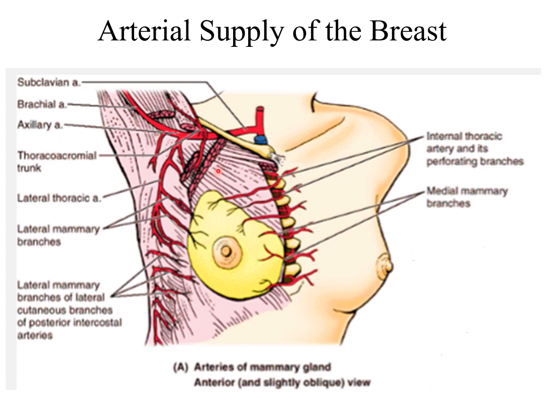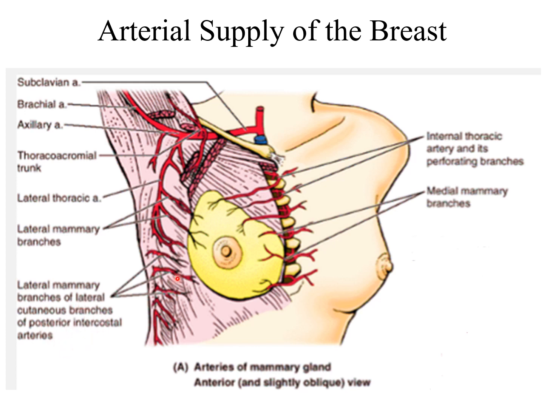Now this is our axillary artery, which is the main artery running in the axilla, and it gives a branch known as the thoracoacromial artery, as well as a big branch known as the lateral thoracic artery. So the major supply to the breast is coming from the lateral thoracic artery through the branches known as mammary branches. Along with that, some arteries from the lateral cutaneous branches of the